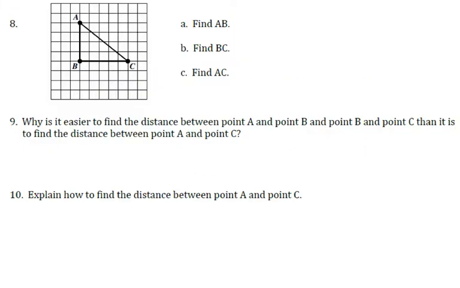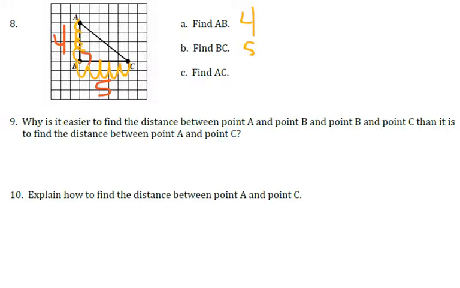Alright. Now it says find the distance of AB. So 1, 2, 3, 4. BC, 1, 2, 3, 4, 5. AC. Now some of you may want to try to count, but we can't do that one. So think about this. This is a right triangle, so if this is 4 and this is 5,